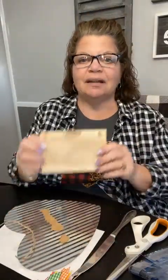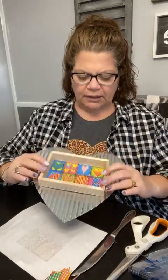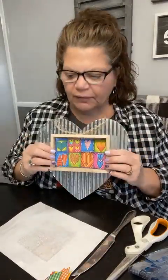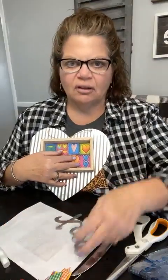Now that I'm thinking I want to take this off the back, I don't want to glue it in yet, so sorry guys. But I will post a picture when it's all finished. Once I have that all in there and decorated, dotted, I'm going to glue that in there. Isn't that just cute on the metal? I just love it. Now, I was looking to see if I had a little sign that said, actually, I know I have a little sign that says, I just love,